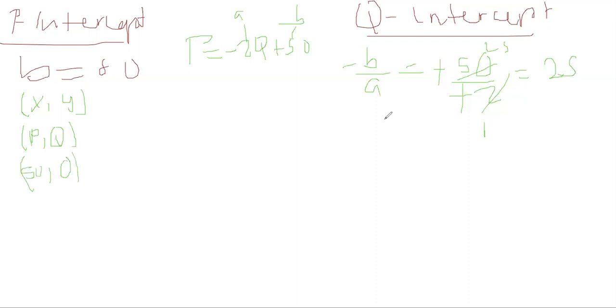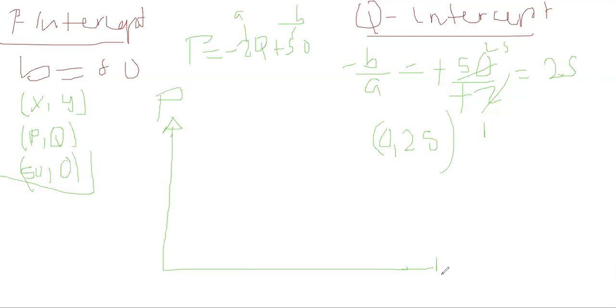And here is saying the same thing: if price is 0, quantity is 25. So we can use these 2 points to graph. On the vertical axis, which used to be y but now will be p, and on the horizontal axis,